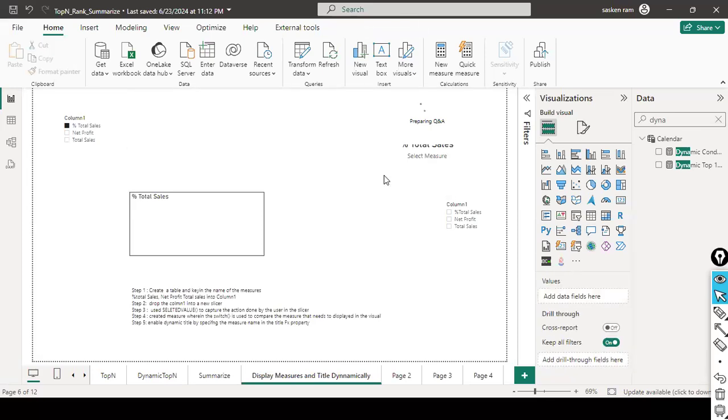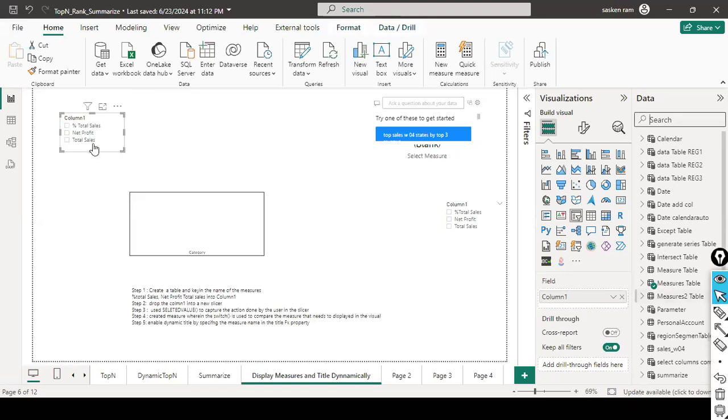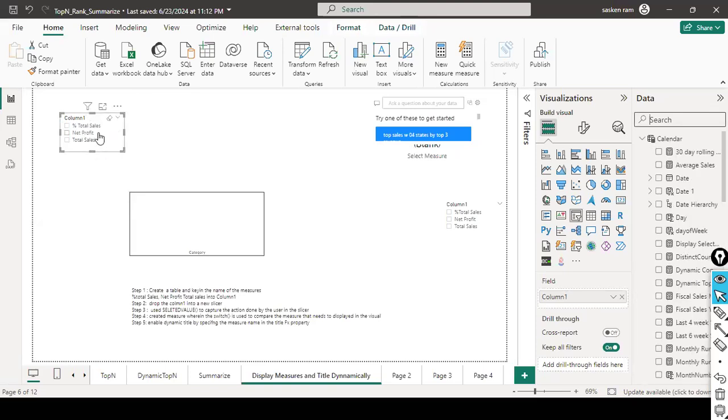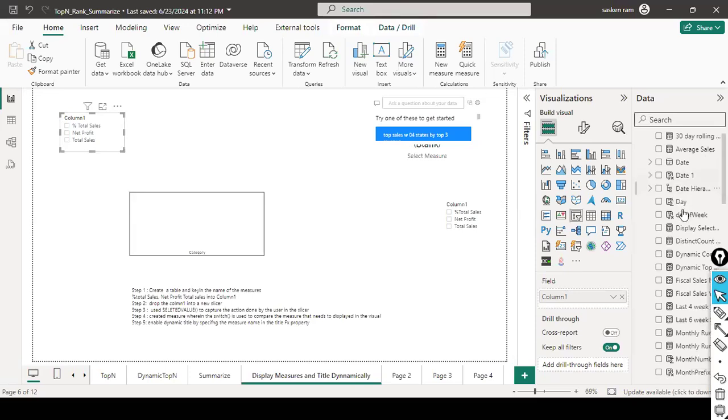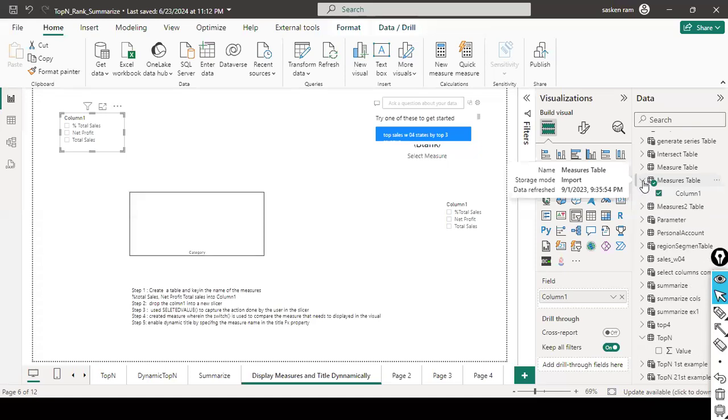if I share this report file, you just download it and open it. Then click on each visual here. Once you click on it, on the right side extreme corner, you need to click on the cross here. Look here, the corresponding table and column I used from this measures table. How did I find out? The moment I selected this visual, on the right side, the relevant table or measures get selected with a blue tick mark, and if you expand this, you can see